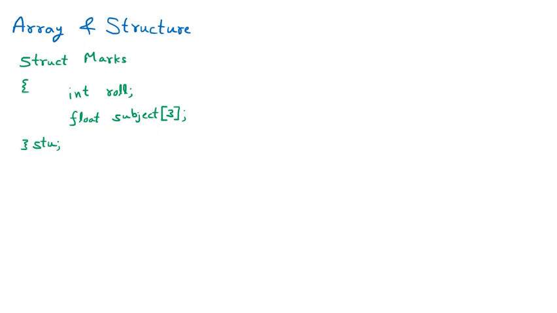First of all, we must know one thing, that there is one block assigned for the roll number. So roll number has only one block, but subject has 3 blocks, because subject is the array and this array is inside the structure. So there are 3 blocks, and we know that these blocks start with 0. So 0, 1 and 2, these are the index values for subject. So subject is the array inside the structure.